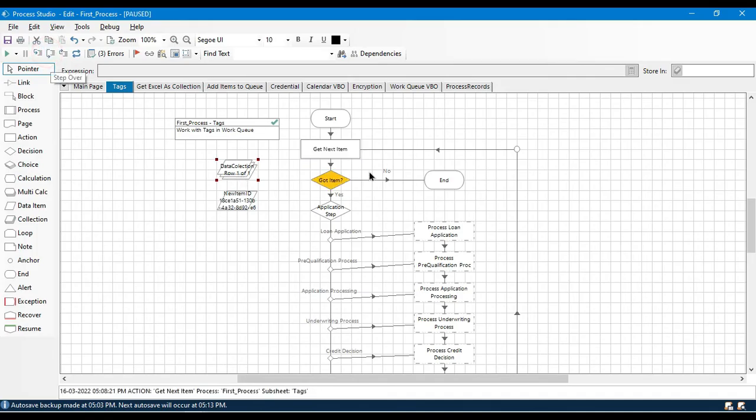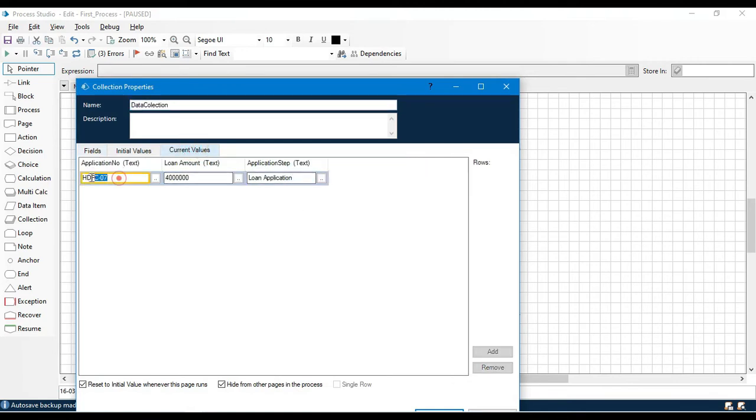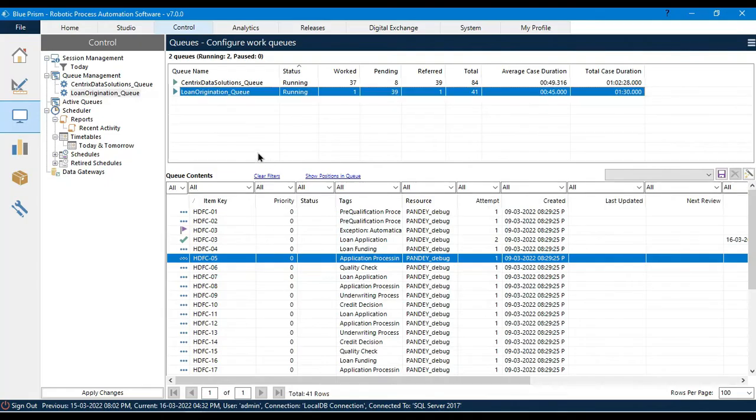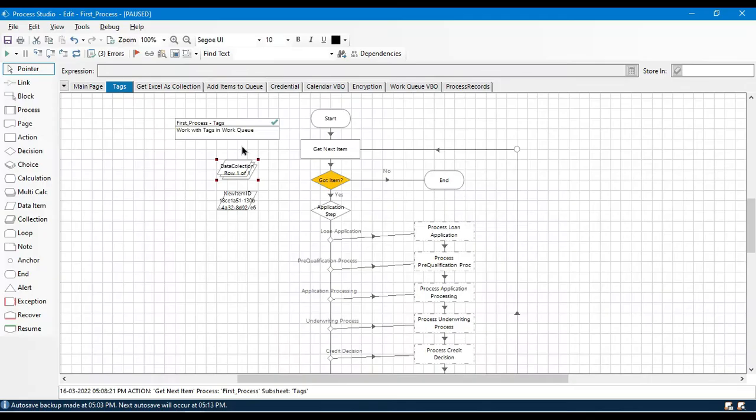So you will see here now it's trying to fetch other items, and you can see now HDFC 07, this application number has application step loan application, right? You can see again from here HDFC 07. Now you can see here we had HDFC 03 which has tags loan application. Now 4, 5, 6 which have different tags, so that's why it's not giving us queue items, right? So again let me just run that,